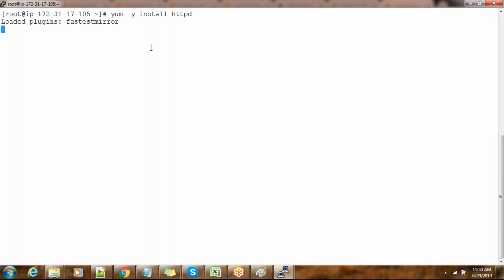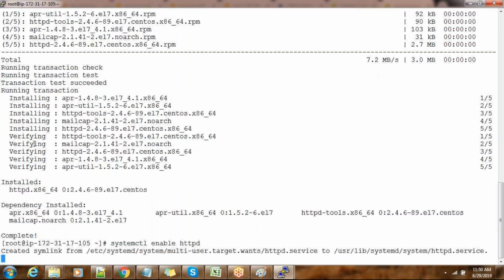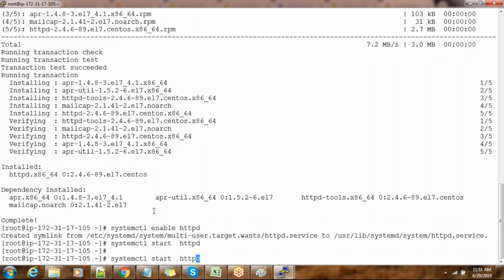The HTTPD package will be installed, and then systemctl enable httpd, and then start. This will start HTTPD, and once this is started, we can check the status.